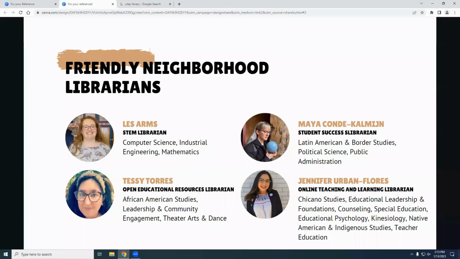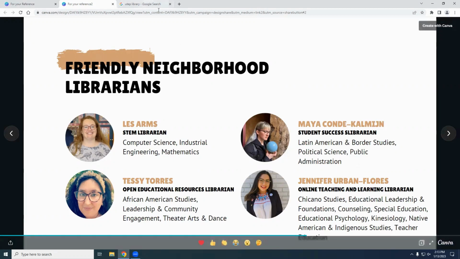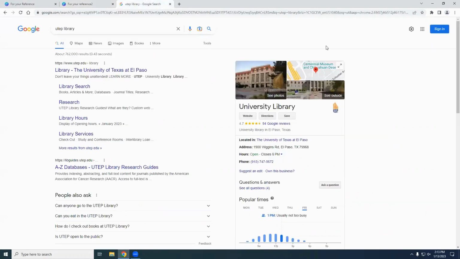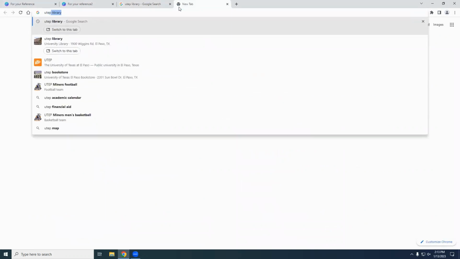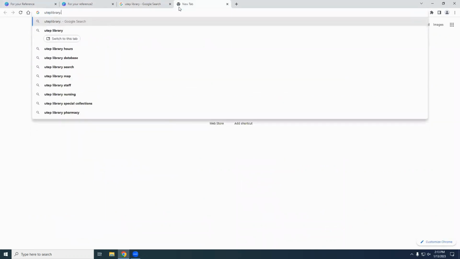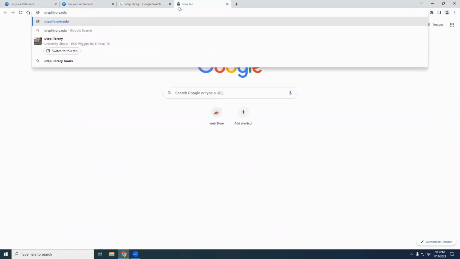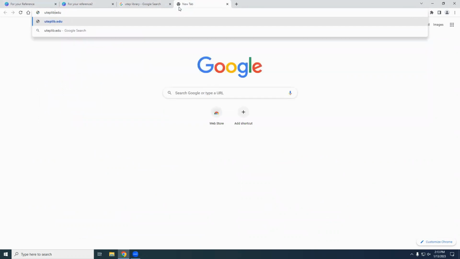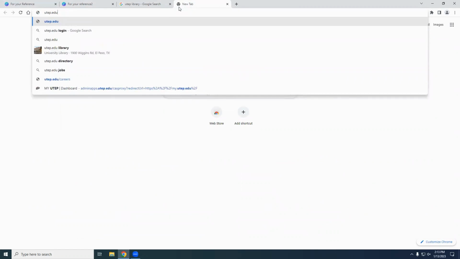So let's go ahead and get into it. I'm going to have us begin by navigating to the UTEP Library website. If you don't know how to get there, if you are online, you can just Google UTEP Library, or maybe you already know it: utep.edu/library. Oh, see, thank you. I don't even know it. This is why I just Google it.